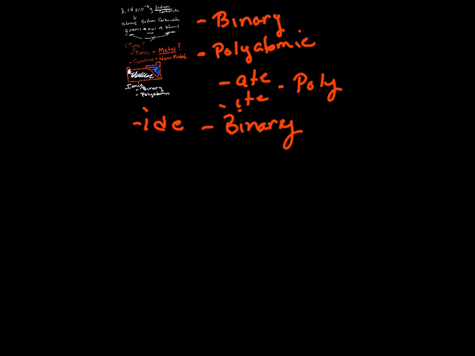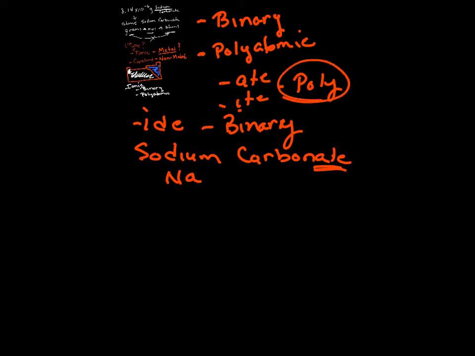All right, so what do we see? Let's write the compound real quick. We have sodium. We know what this guy looks like, Na, and we have carbonate, right? Sodium carbonate. Now, I see the ATE ending, so I'm going to assume that this guy's polyatomic. So now I have to go back to my list and figure out what this compound looks like. What does carbonate look like? Well, carbonate is CO3 1 minus, and sodium is Na1 plus,